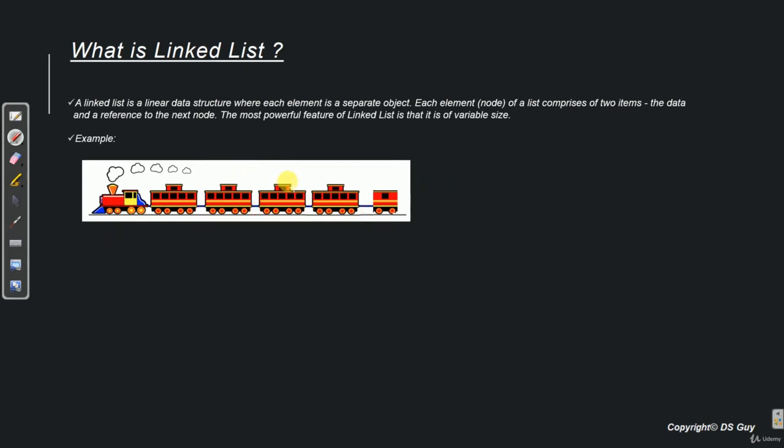The fifth thing that we see is that all these compartments are independent. What that means is, if we don't need a compartment, we can always remove it and the train will still work. Similarly, if we want to add one more compartment over here, we can always add it and the train will still work.